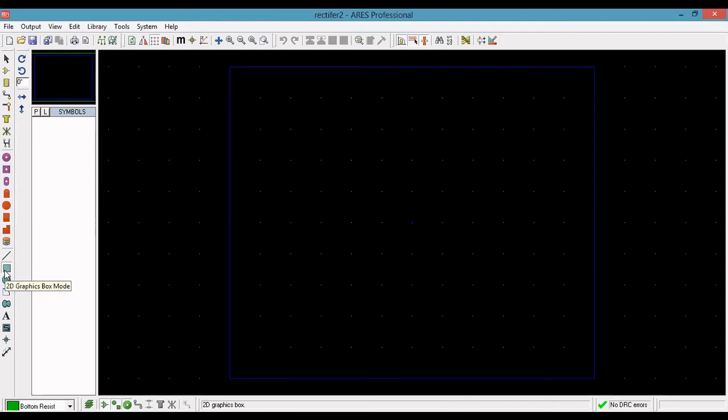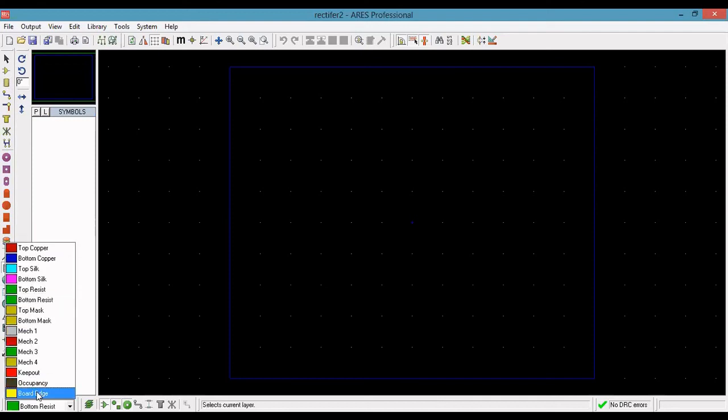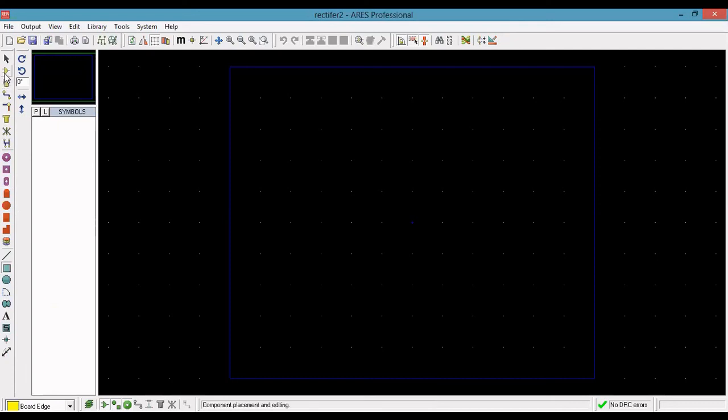You have to click the 2D graphics box mode. After that, you select the board edge. Next, you go to the components mode. All the components are available: 4 diodes D1, D2, D3, D4, 1 capacitor, 1 resistor, 2 connectors J1 and J2. Now move all the components to this circuit.